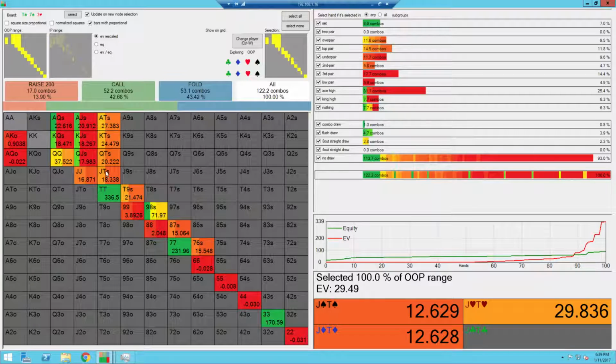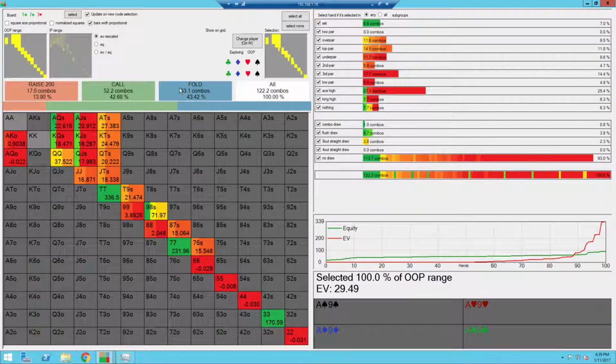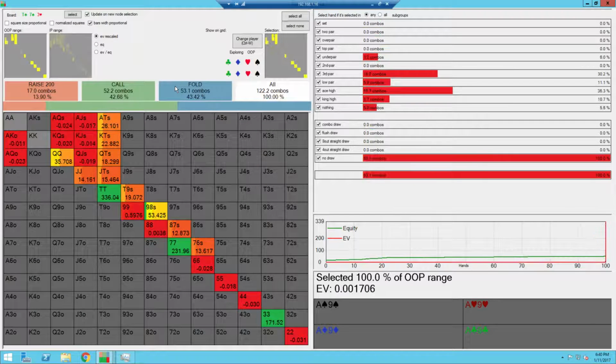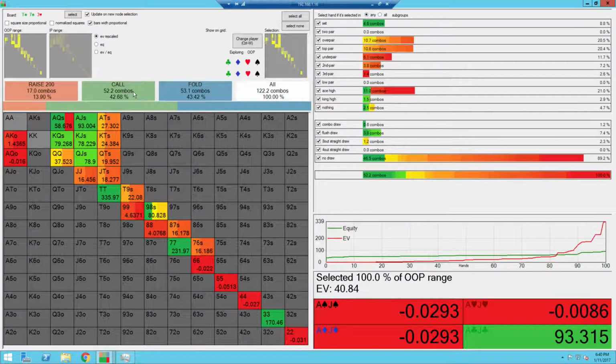But the tool itself does a nice job of color coding what's going on with ranges here. We're looking at all combinations here. If we click on the fold section right here in the light blue, we can look at what we're folding with. So basically we're folding under pairs, third pairs, low pairs, ace highs, and king highs, which is going to be the bulk of the folding range. In the calling range in this spot, sets certainly can call, over pairs can call, even though the EV,